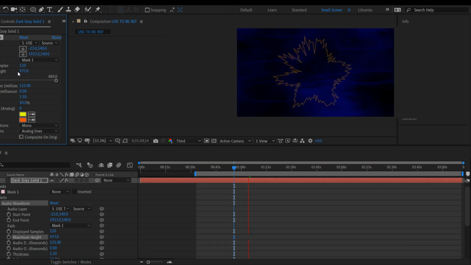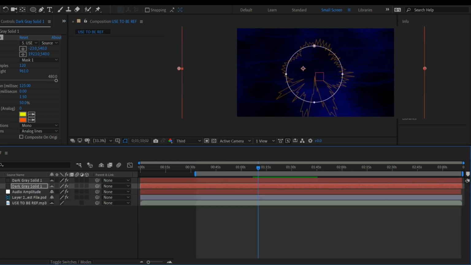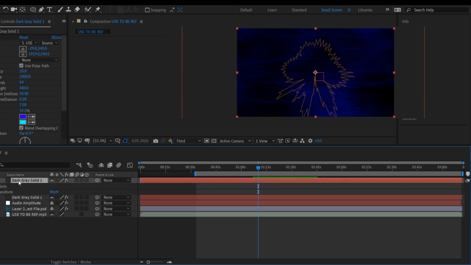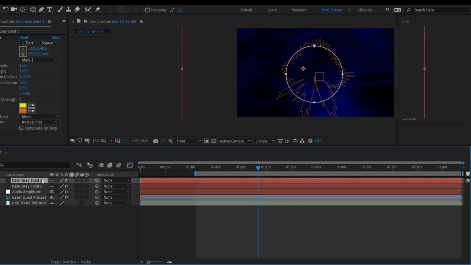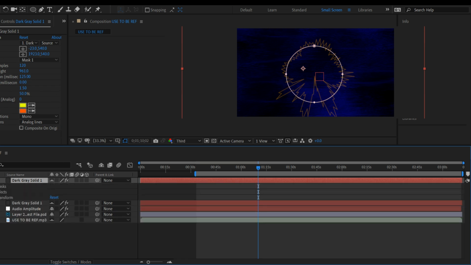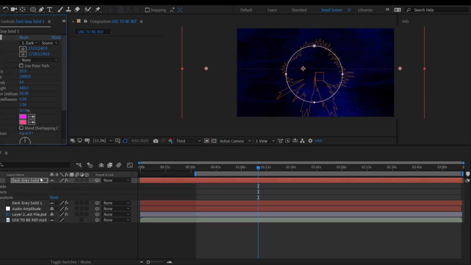Okay, so this height is kind of high. I don't want it to be that high. But what I do want to do is, I'm going to delete that. This one has audio waveform. So I'm going to edit, copy, edit, paste. And the only reason I'm doing that is because I don't want to redraw the mask again. I'm going to delete this effect, go to audio spectrum, drag it onto here, and using the same mask 1 path,